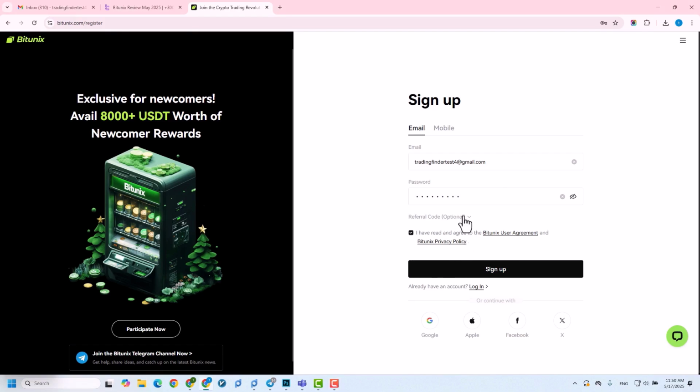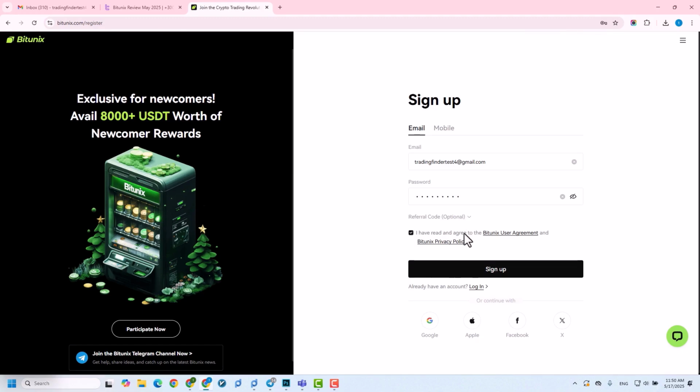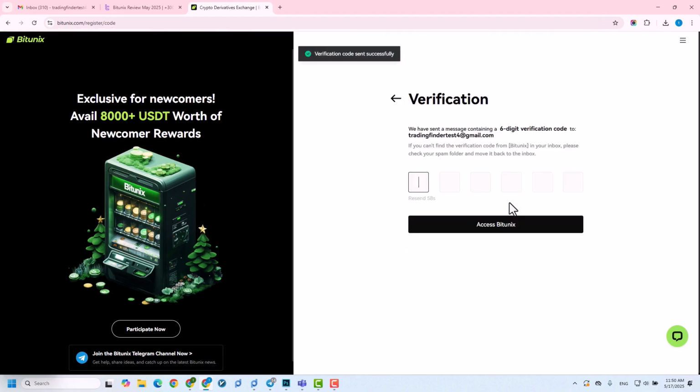If you have a referral code, you can enter it in this section. Otherwise, you can get a referral code from our support team and then click on the Sign Up option. Activate the I am not a robot option, and as you can see, a page will open informing you that